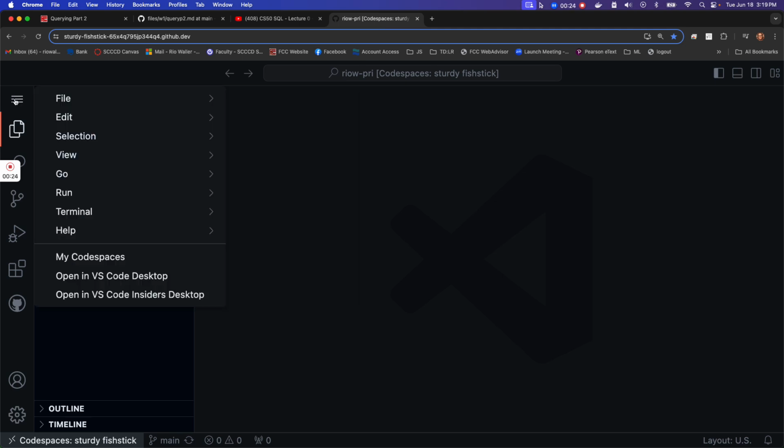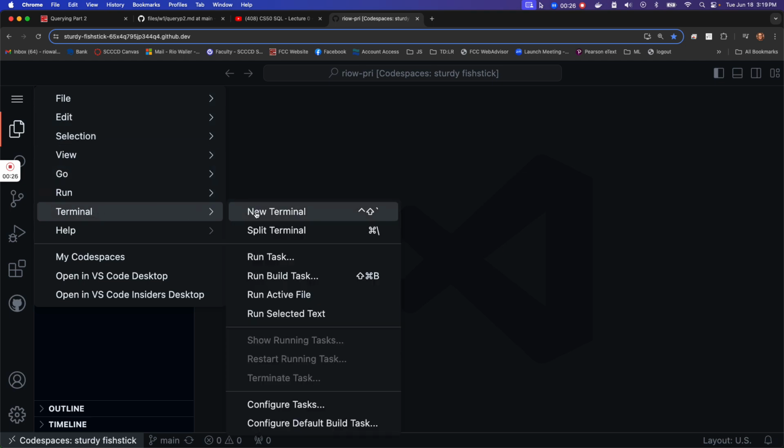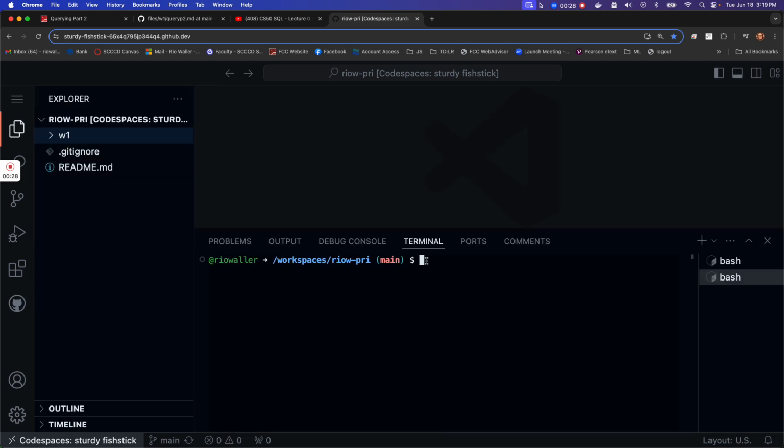I could definitely bring one up, and you should. Let's just do new terminal, and then notice I have two bash accounts. So in this case it looks identical. I could just kill one here, but let's start there. Okay, so I'm going to have you do a little setup work, but before that I just want to make